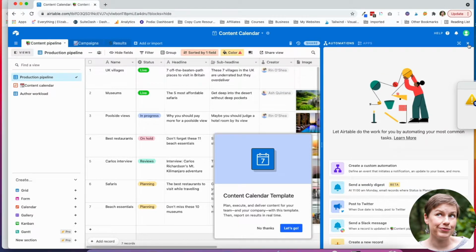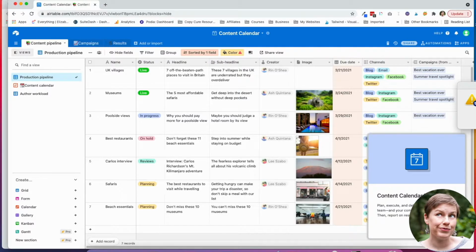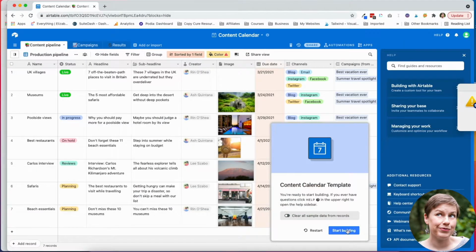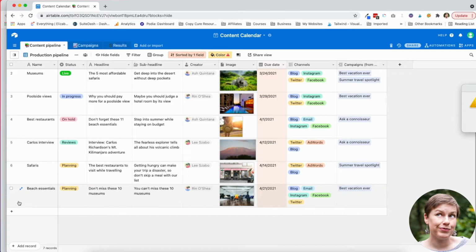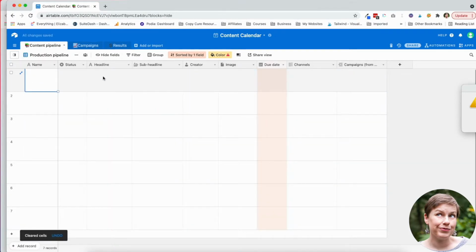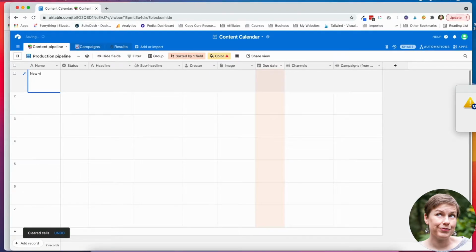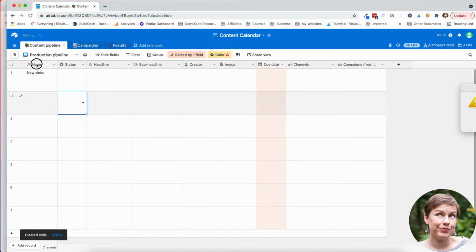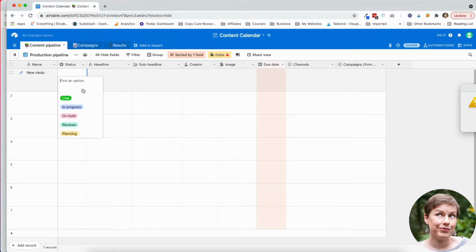So let's go ahead and take a look at what we got here. Okay, so you can see this is all, you can just delete if you want. And it's just as simple as drag and dropping, just like you would any other tool. But what's nice, so you'll notice this is a name, and then this is going to be a drop down. And so live and products on hold planning. What's the headline going to be? Subheadline, so it can be a longer text. This can assign who's the creator.